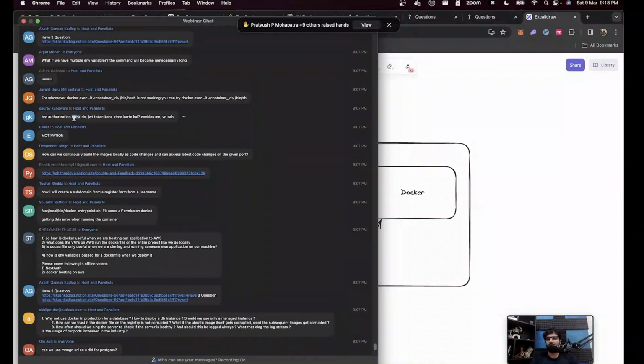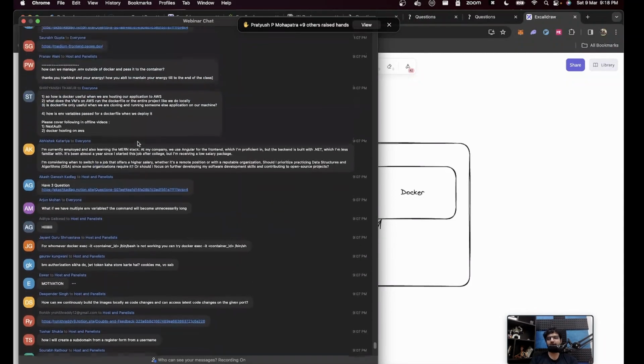Bro, teach authentication. JWT tokens stored in cookies, all that. So we've done authentication, teach authorization. So there's a little difference. Okay. There will be a video on authorization, authentication, cookies. I guess these are the three things that a lot of people want to learn. This was part of that doc also that person posted, so I will do it.